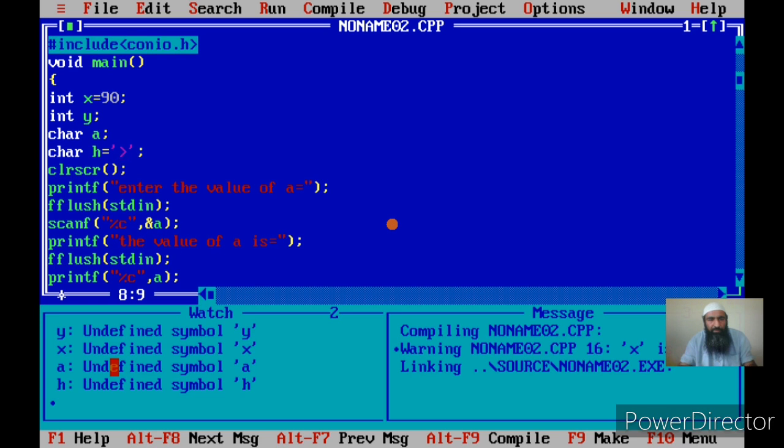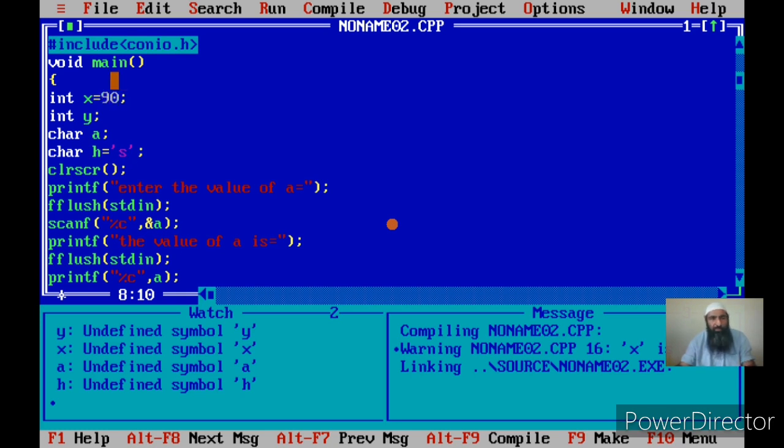Now in H I have stored a single character. Let it be simple, say S. Now I have stored S in the character variable H. What's the difference between initializing an integer and a character variable? When I initialize X, I give the number, but I do not put the number in single quotes.